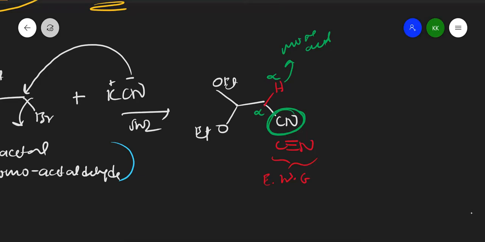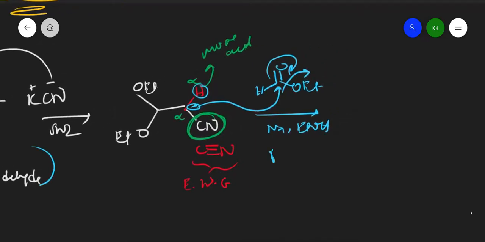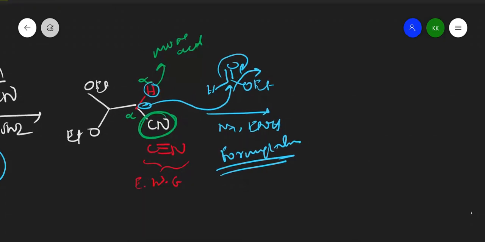So what happens if I add a reagent like this one, HCOOEt, in the presence of sodium and ethanol, where the reaction is happening? This proton can be easily knocked out. Once it is knocked out, this carbon gets a negative charge, attacks here, comes back, and the good leaving group leaves the system. We call this kind of reaction formylation because we get an aldehyde formyl group here. If you see the product, you will get to know.